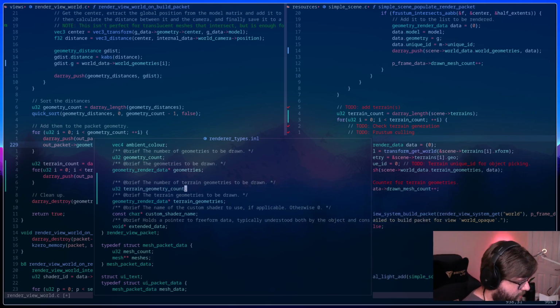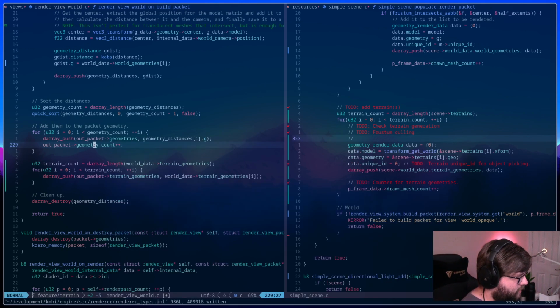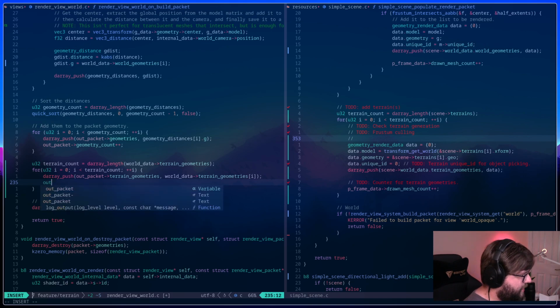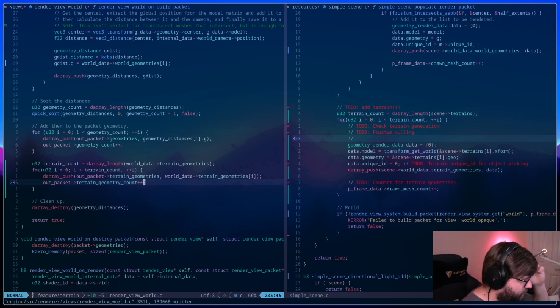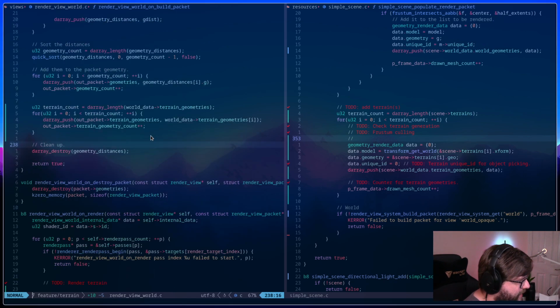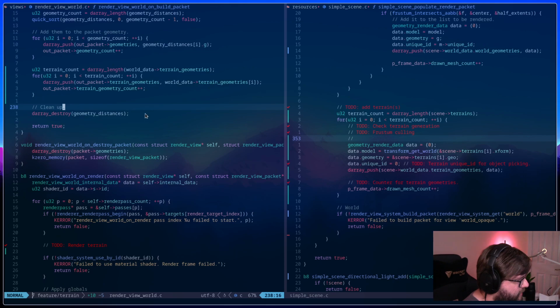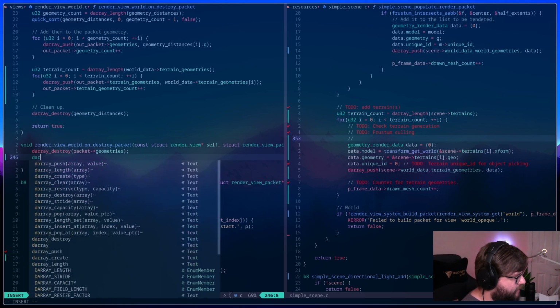All right. So here we will just do out packet terrain geometry count plus plus. Okay. We don't have to clean up anything here except for the temporary geometry distances darray. So that is fine. When we destroy the packet though, we do need to darray destroy